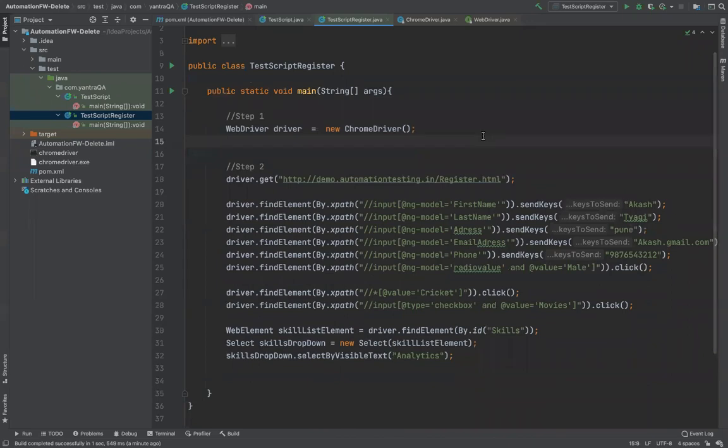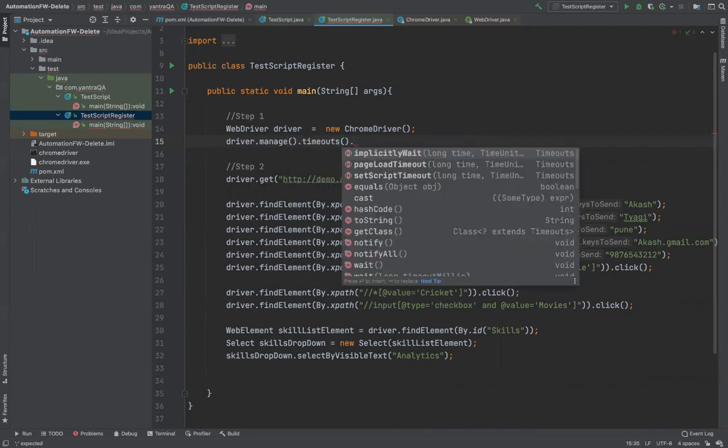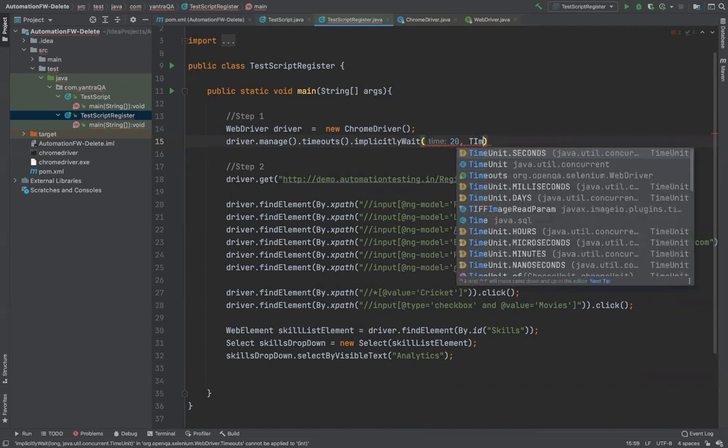So I'll say driver dot manage dot timeouts dot implicitlyWait, and here you have to mention how much time you want to wait for your browser to respond.